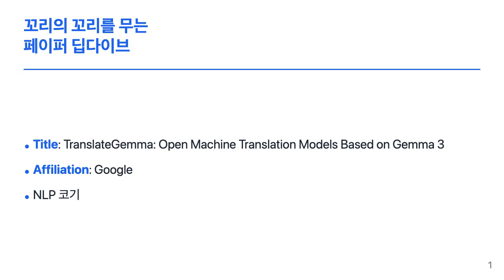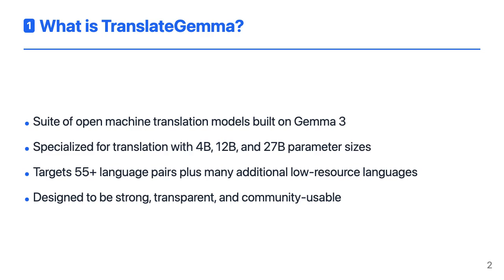Today's deep dive is about the paper from Google, TranslateGemma: Open Machine Translation Models based on Gemma 3. TranslateGemma is a family of open machine translation models built on top of Google's Gemma 3 foundation models. Instead of being general chatbots, these models are tuned specifically for translation at 3 different sizes: 4 billion, 12 billion, and 27 billion parameters. They cover over 55 language pairs in the WMT 24++ benchmark, plus many more additional languages, including low-resource ones. The goal is to provide strong, transparent models that the research and developer community can actually inspect,